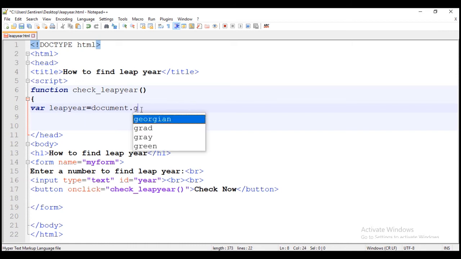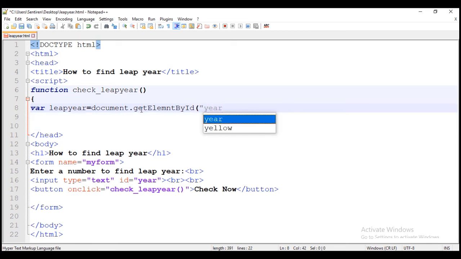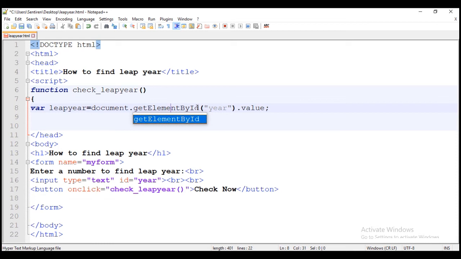So document dot getElementById, all right, after that, let's say year, dot value. So out here, document dot getElementById year means we are referring to this id name. So inside this text box, whatever id you have mentioned, make sure to write the same out here, so that